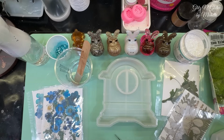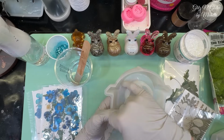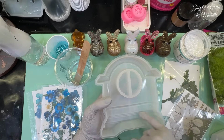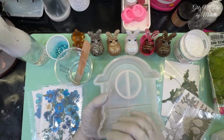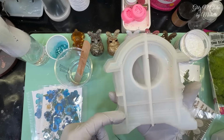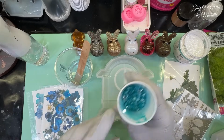Now in the spring one, which I will link at the end of this video if you want to see that one, I did in pinks. And I kind of went in these grooves with some pink UV resin. I went on here with some silver mica powder, which came out pretty. Nothing wrong with it, but because of the things that I added into it, you couldn't see from behind these parts. So I'm not going to do any of those parts today